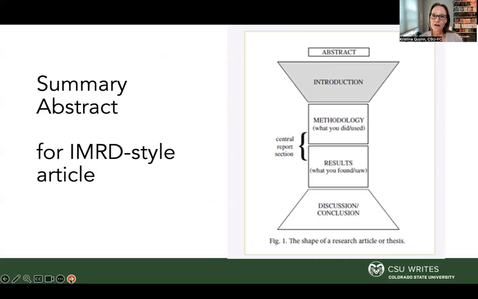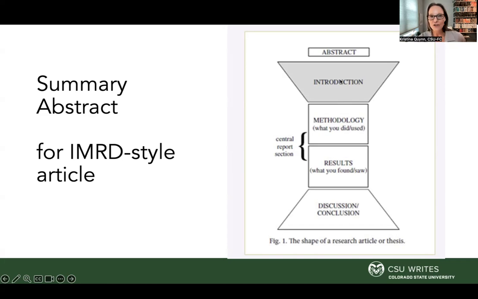This is an image that I pulled from Hilary Glasman-Deal's book on scientific writing for, I guess, non-native English writers, I think is how she's titled the book. But I think it's great for everyone. And she has this kind of clear structure for the shape of a research article or thesis. This is probably very familiar for those of you who write in that IMRAD, introduction, methods, research, results, and then discussion style of article. And the abstract, notice where that is. It's just sitting on top of everything else, but it really is a version of this kind of diagram.